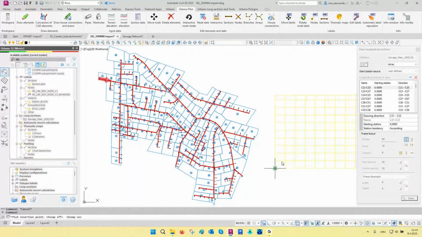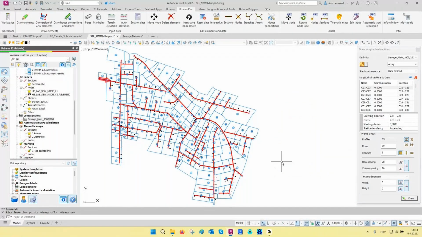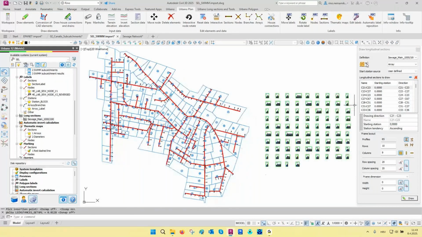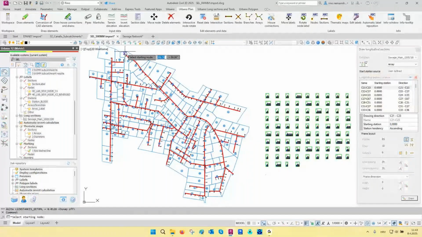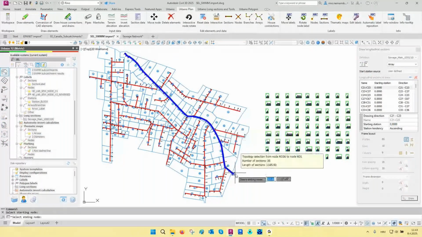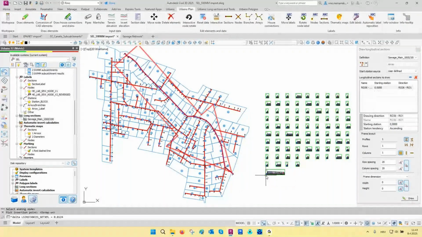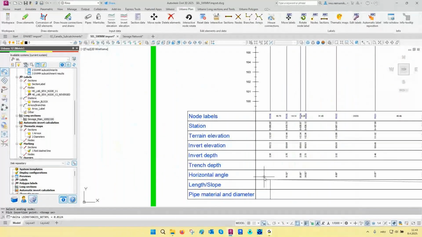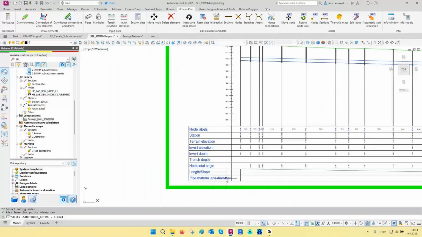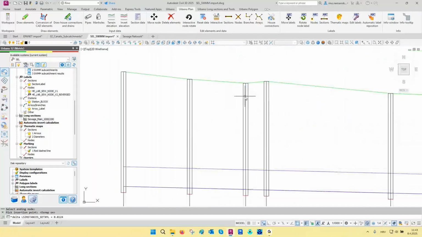Additionally, I would like to draw one more profile, but using the option from node to node. And let's go from this node that is furthest away from the outfall all through the outfall. Let's click draw and let's place this profile here. Now let's take a look at the profiles. You can see that we have all the data defined, and also we can see these pipes and manholes that